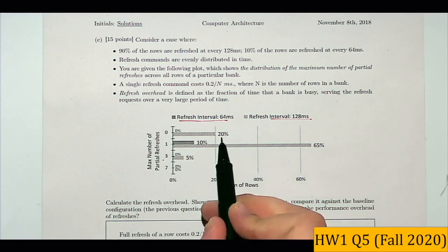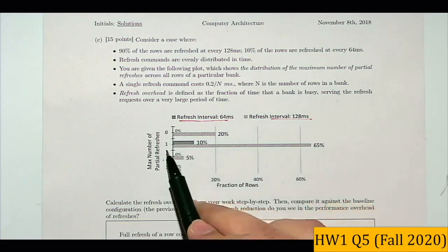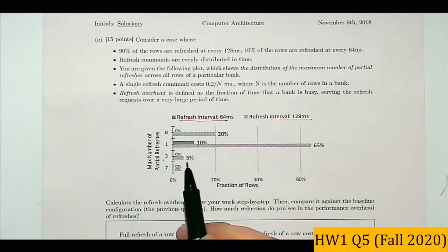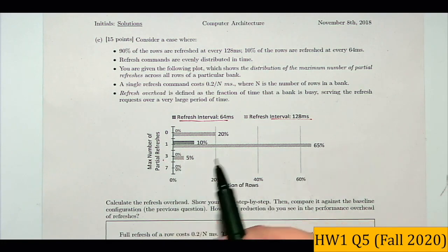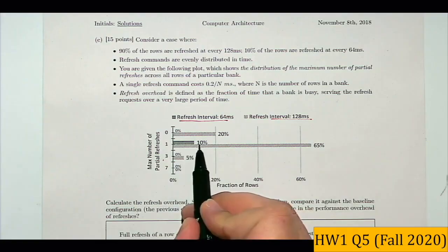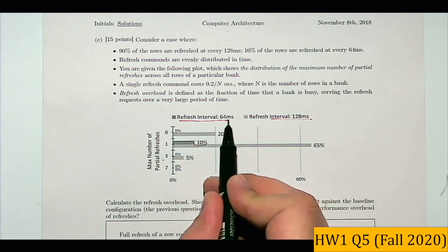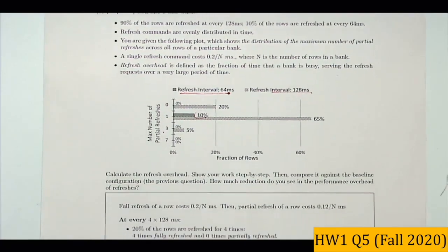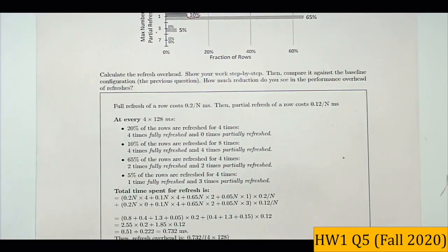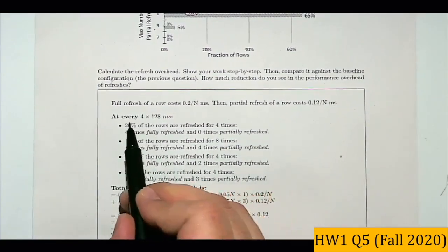And for this 20%, it's always full refresh. And for this one, it's one full refresh, one partial refresh. And for this one, it's 3 partial refreshes and 1 full refresh. And then for the 10% of them, I need to refresh them at every 64 milliseconds. And it should be one full refresh, one partial refresh. So just by following the same method, we can see that at every,